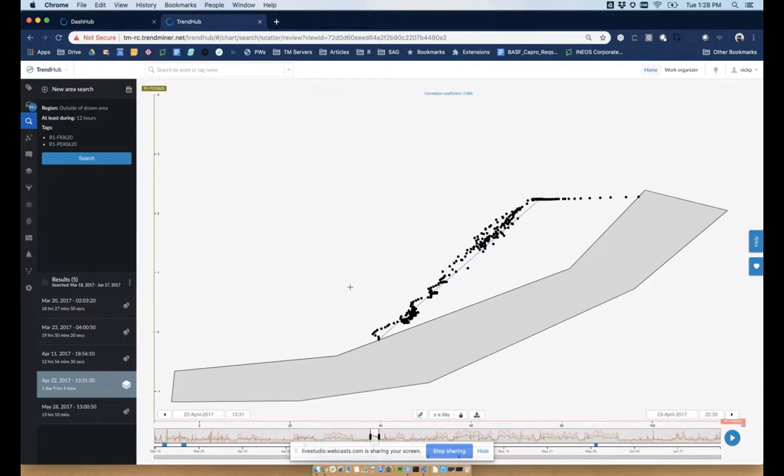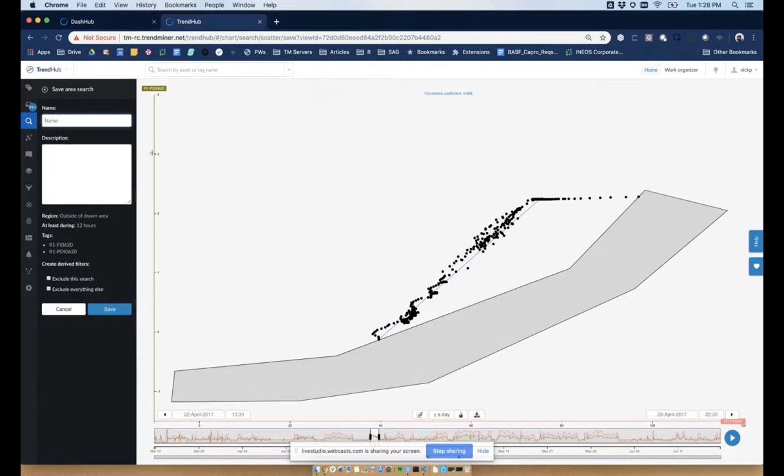So now that I've confirmed that this pattern that I've saved on my bivariate scatter plot is a good way to search for filter fouling events, rather than using this profile to look in the rearview mirror at historical data, I can also use this profile to look at real-time data as it streams into the historian. And all I have to do for that is simply save this search. So by clicking the Save button, I can give the search a name. We'll call this P340 Unideal Ops.